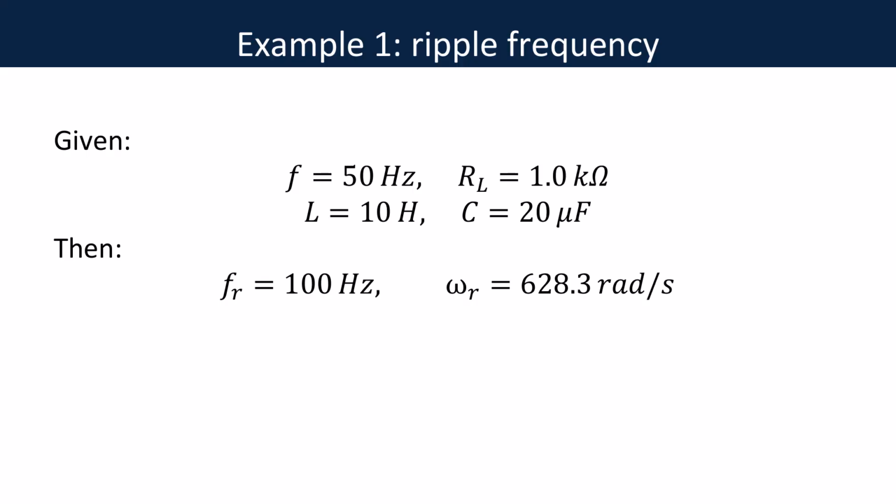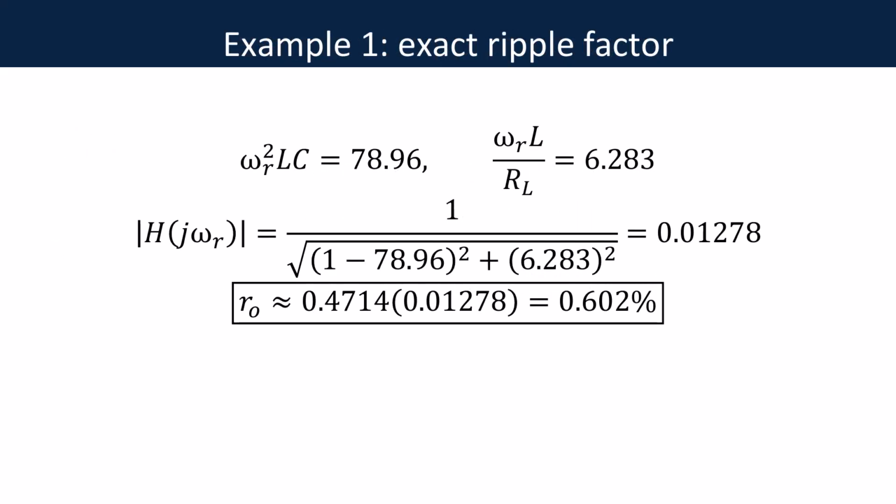Using 50 Hz here would produce an incorrect attenuation and a ripple estimate four times too large in the high-frequency approximation. We first calculate the two dimensionless terms in the exact magnitude equation. Omega R squared LC is 78.96, confirming that it is much greater than 1. The damping term omega R times L divided by RL is 6.283. Substitution gives a filter magnitude of